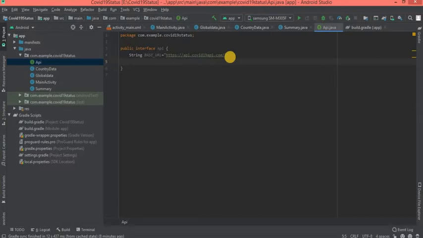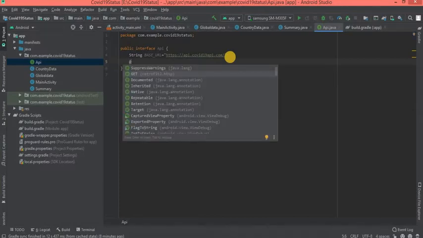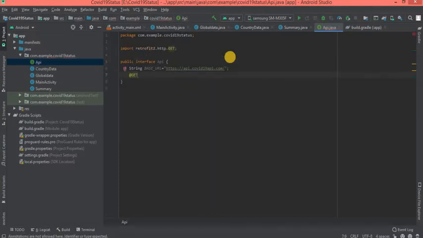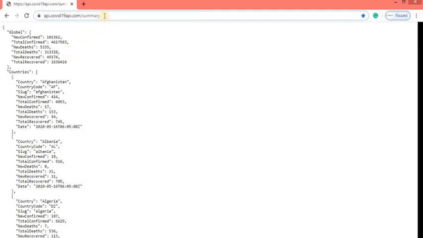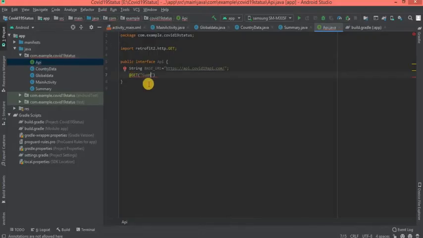Next, we need to declare a function to get the values of COVID status. For that I need to give an annotation, saying that we need summary. We need to mention values after the base URL. Here summary is the value after the base URL, so we are going to mention it here.